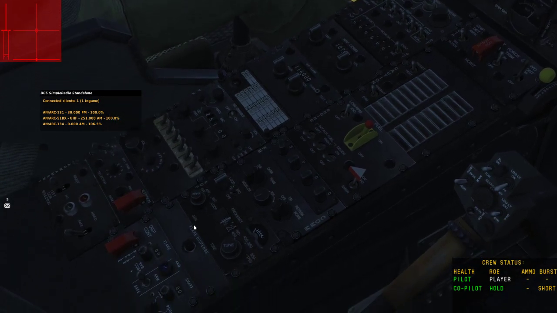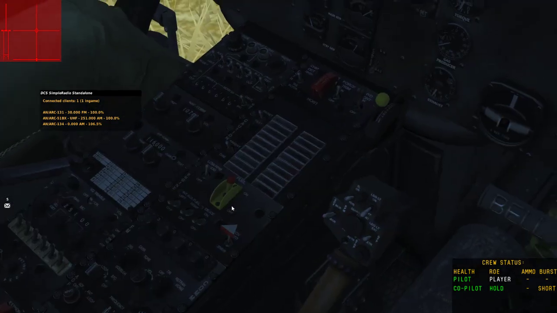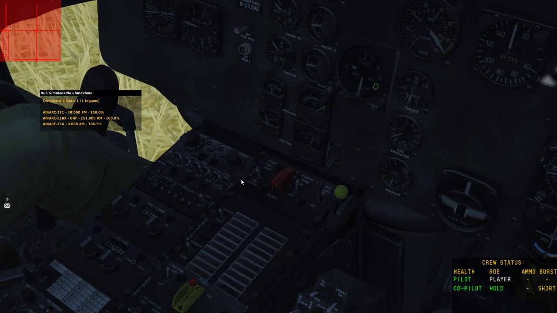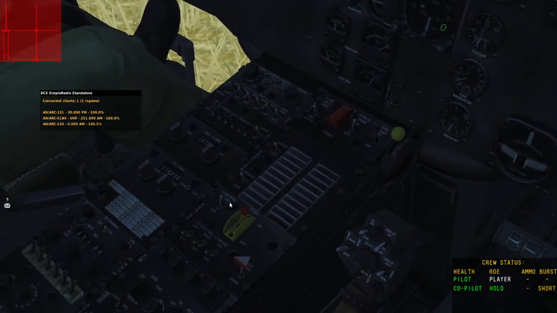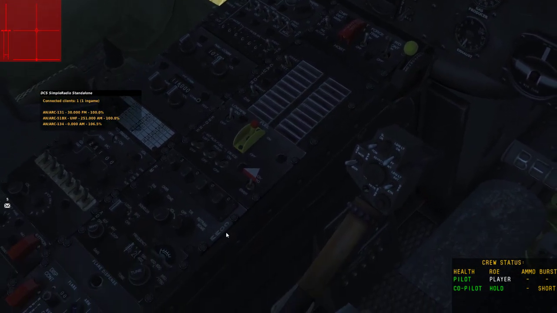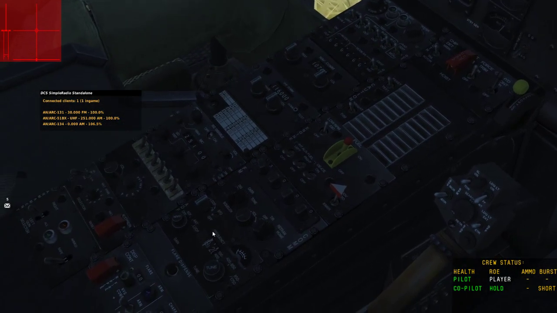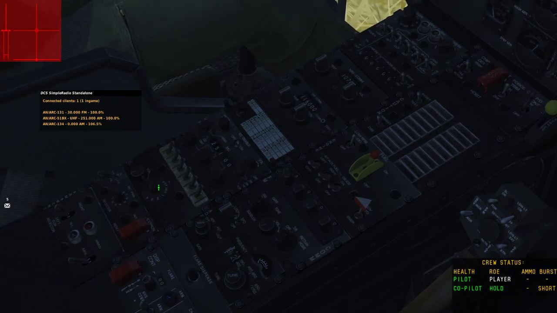The other thing is, I think I forgot that thing. Trying to remember. There was a knob here that turns the radio on. There you go. Intercom mode. Pivot, hotline,